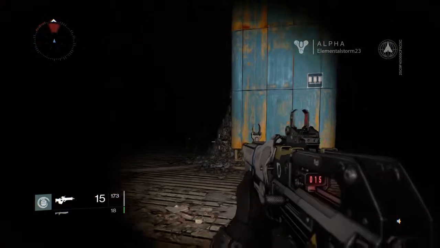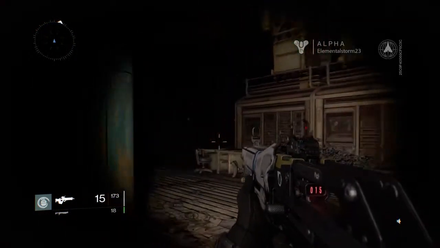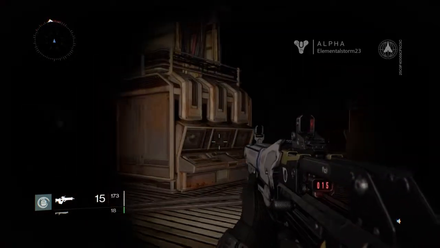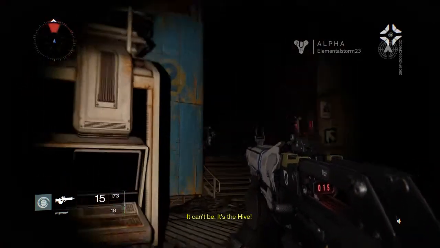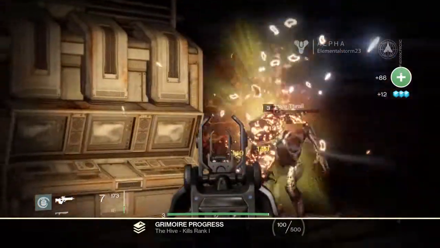And I'll show you why in a second, because you're about to see the second type of enemies. Right now we've already seen the Fallen. And coming up, it's coming. Oh, you anticipated? There they are. Oh, there's the Hive. These guys are kind of zombie-ish and whatnot. Very fast zombie-ish, I guess you could say, but...